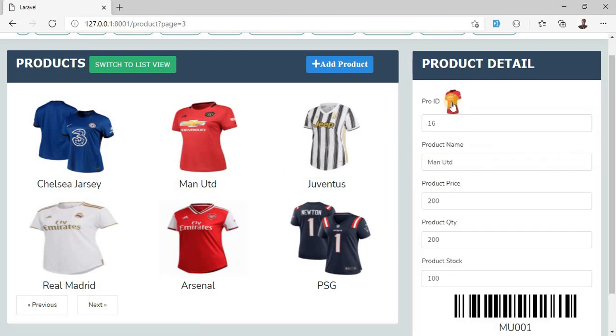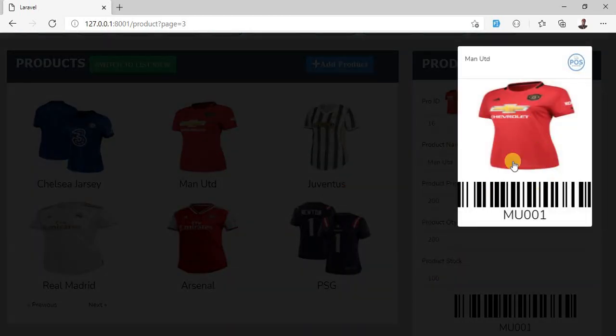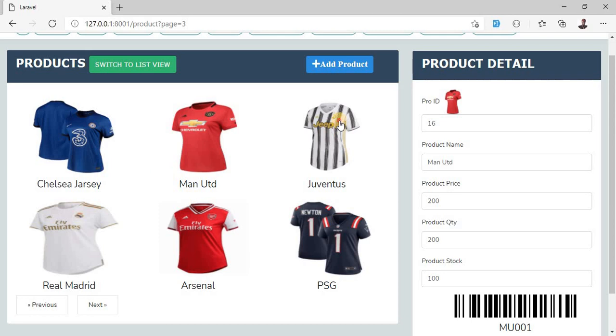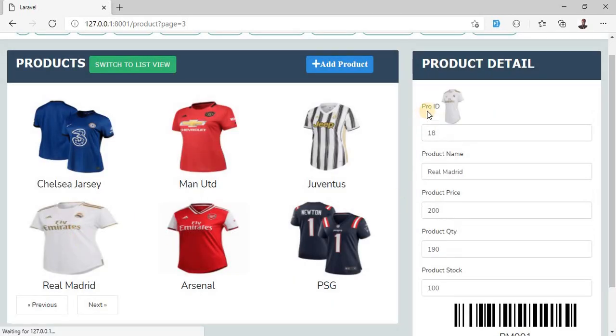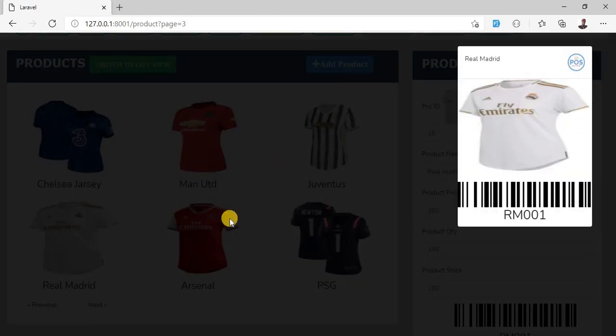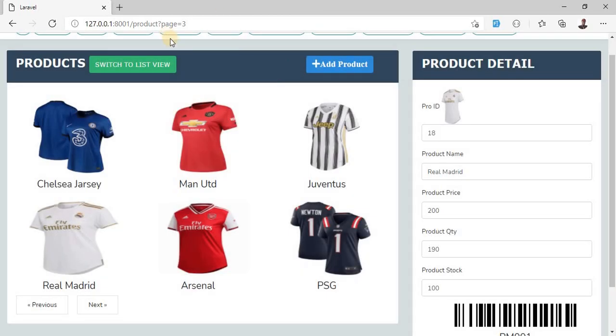If I do this and I click this, I see the view of the product here. So if I pass this one also, I can see it. So now let's implement this section here. Okay, so let's go back to the code,